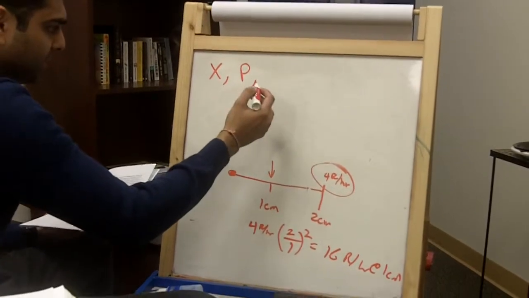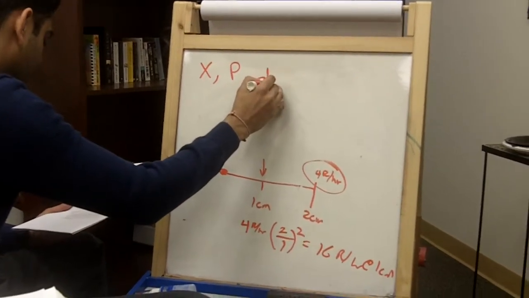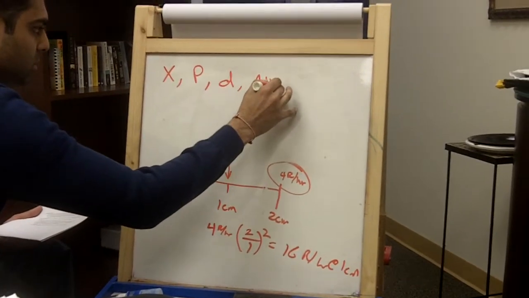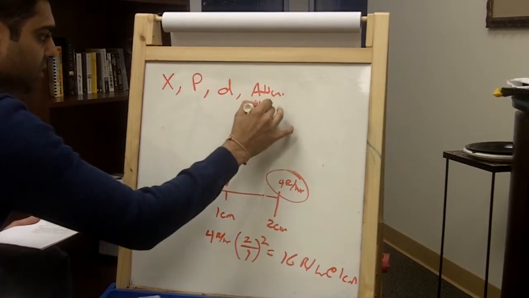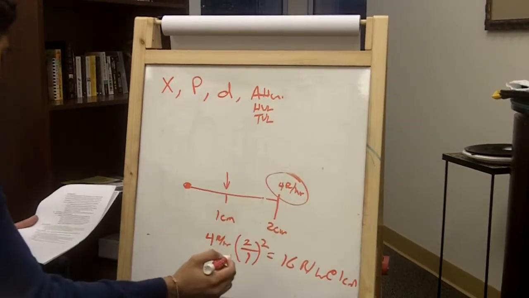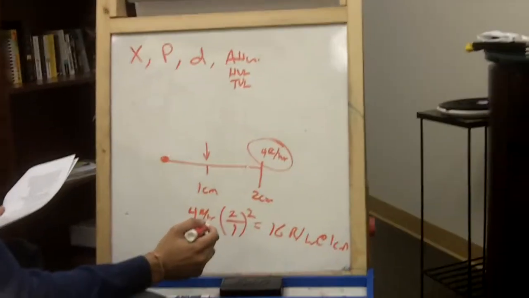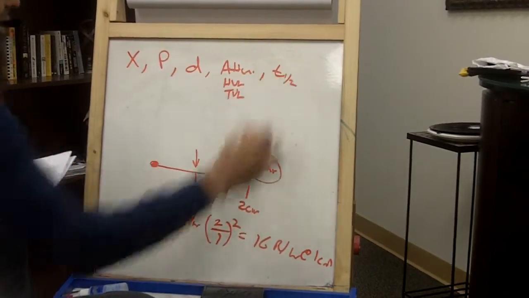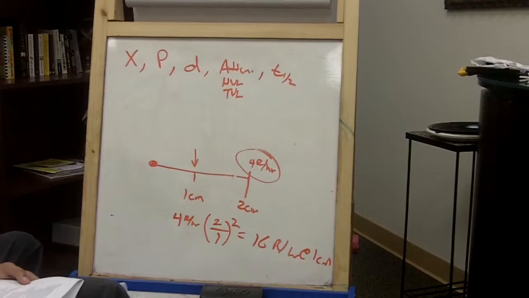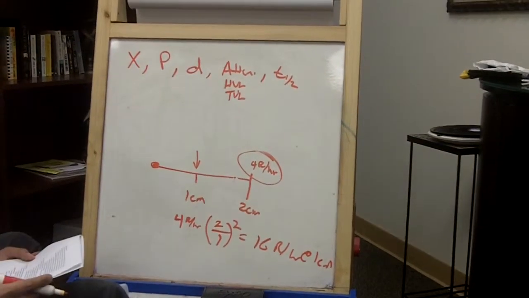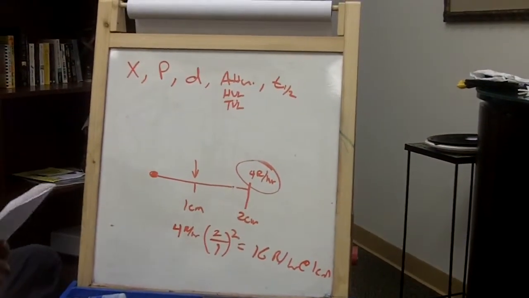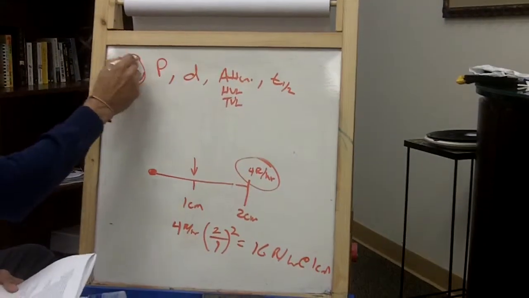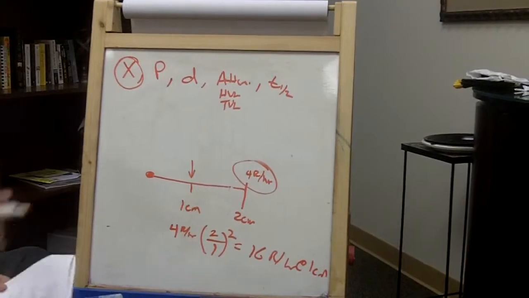That's basically they'll give you a distance, and they'll maybe give you some attenuation, such as HVLs, TVLs, and maybe a decay calc, which I'll just symbolize with like a half-life or something like that. But in general, what I like to do first is find out the exposure at a particular location, and that's